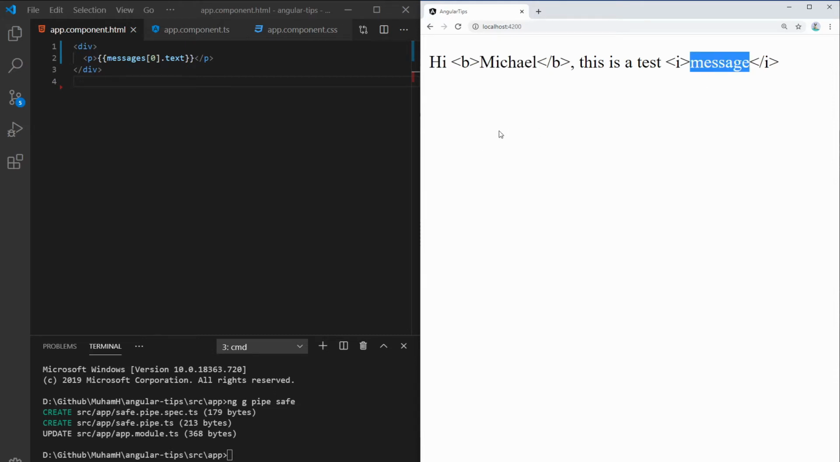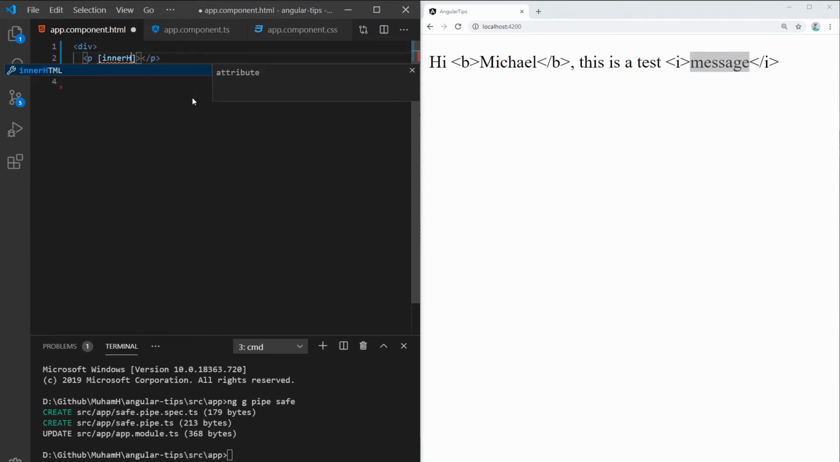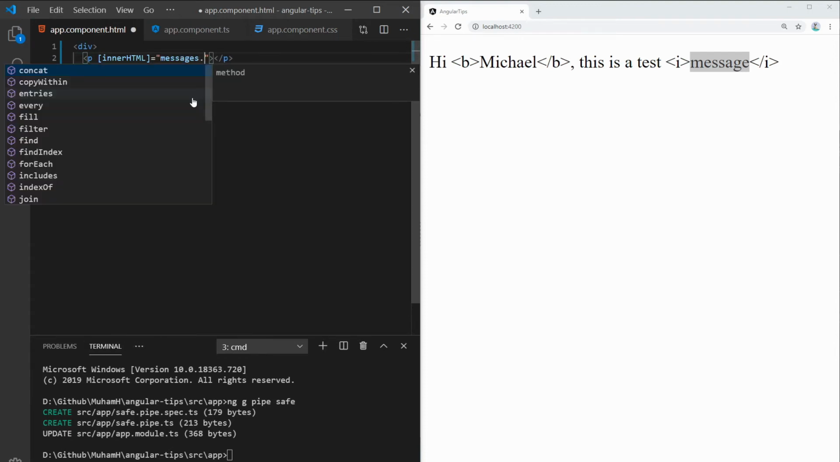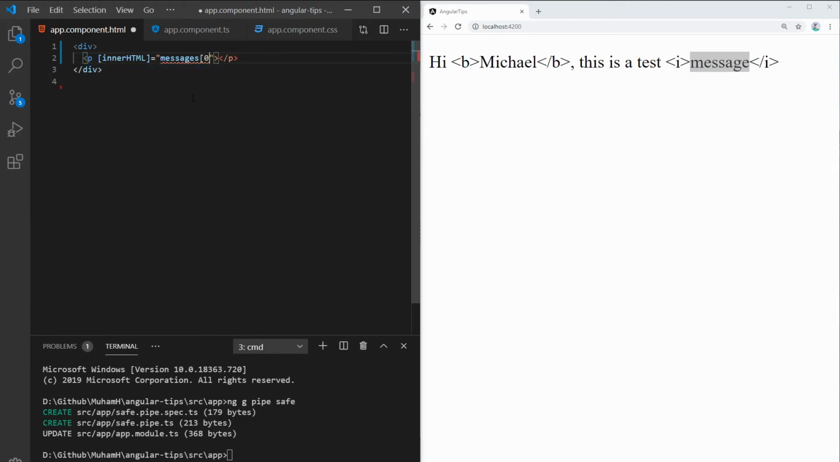So the first thing you need to do is you need to remove this value and instead use a directive called innerHTML. And make that equal to the value you want to print out. So in this case, the value stored,